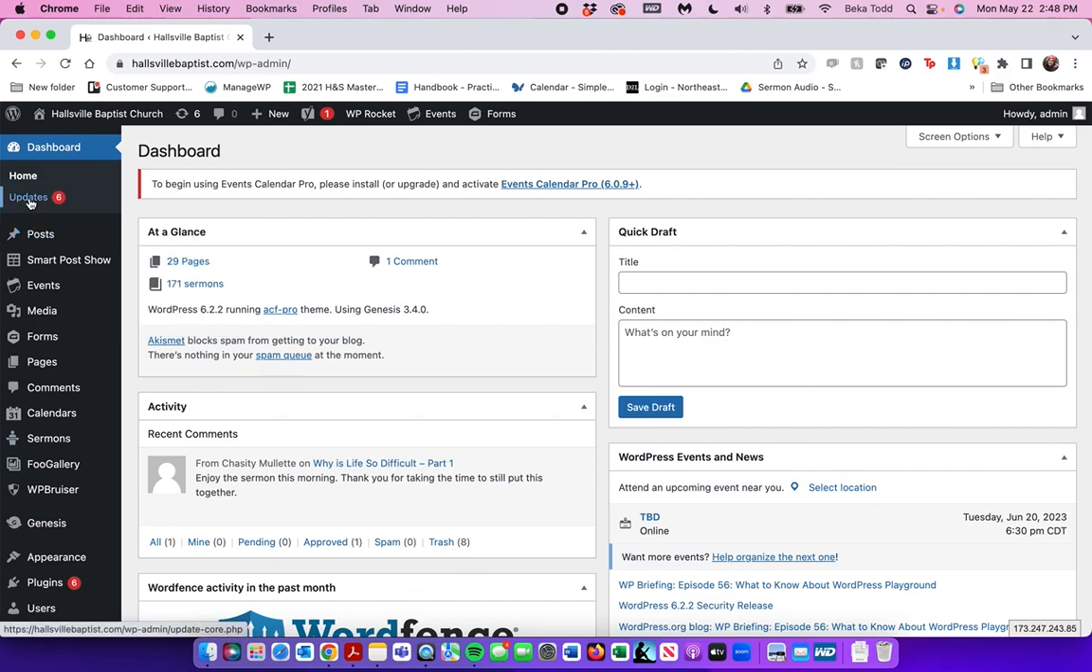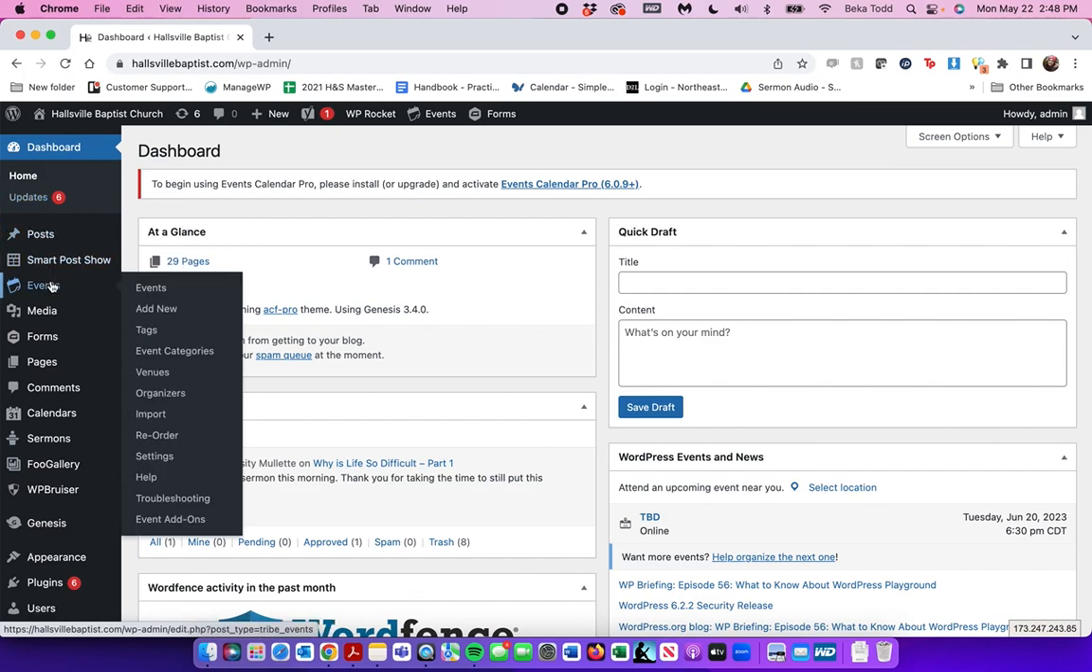So we'll start with updates. These are plugins, themes on your site that can be updated. We take care of this for you, so you actually never have to worry about this at all if you don't want to. We're going to skip over a couple things, and then I'm going to go down to events here,